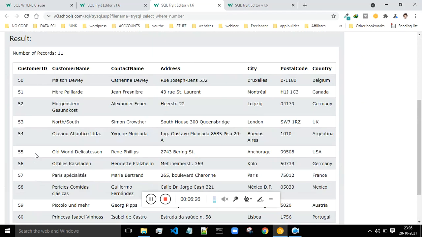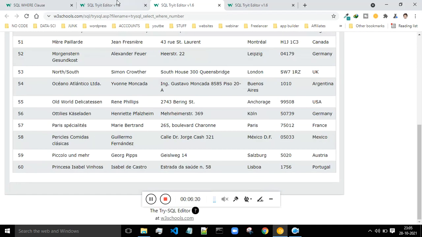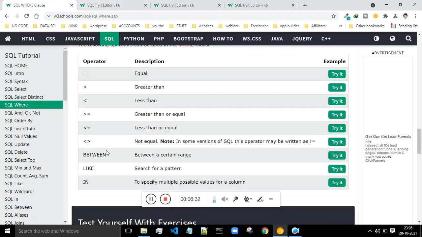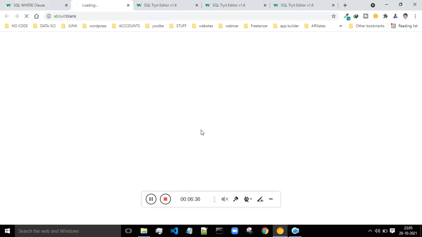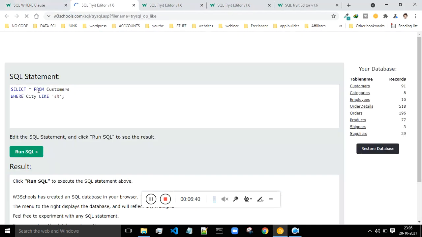Okay, so it is displaying all the customers whose ID is between 50 and 60. There are also a lot of other examples which you can try out over here. Just see how these examples are working.